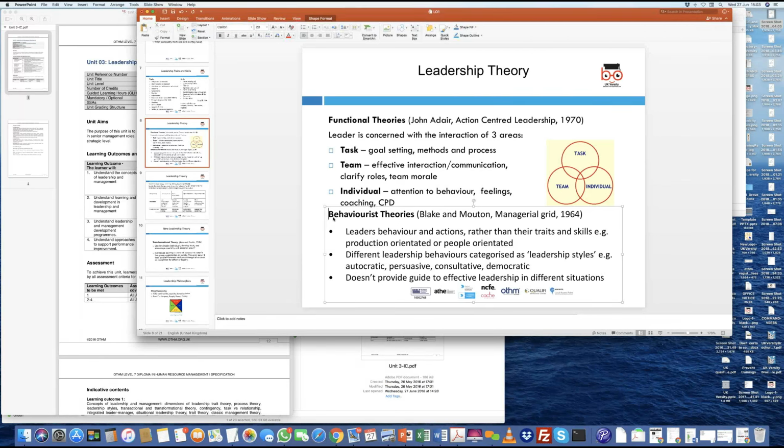Okay. What they did was they had certain characteristics which were defined, and these were then taken up into something called the leadership styles. There are 4 styles which emerged, and they have put that into the managerial grid as well. The third one is, so the example that I gave you of the bus being broken down is an example of the third one, which is different situations. The second one we talked about is a style, and the first one is when you show certain behaviors and actions. Now this was created into a grid, and because it is primarily dependent on certain behaviors that you're exhibiting under a situation, that is why these were called the behaviorist theories. Okay. Is that okay? Yes, sir.